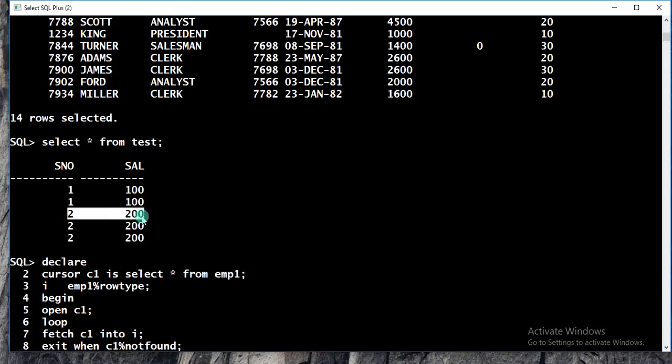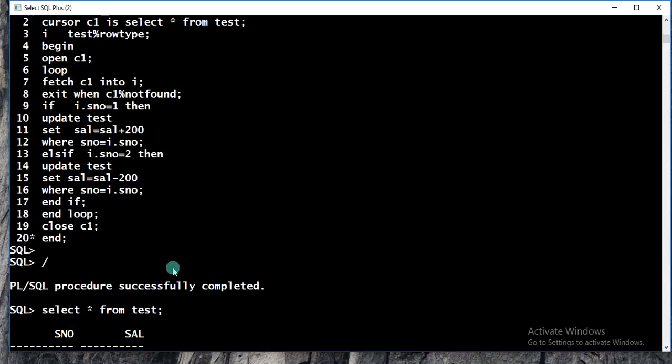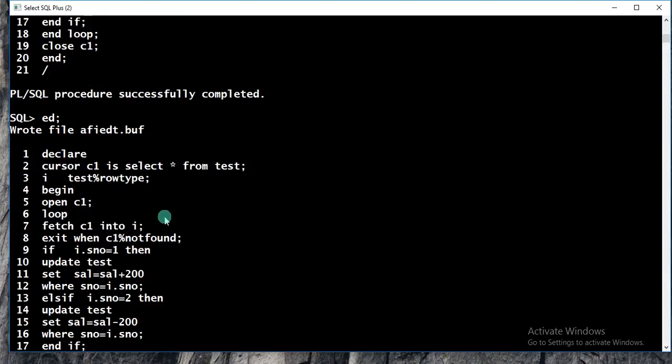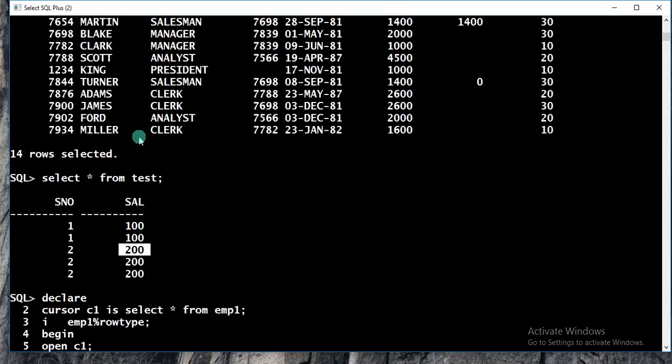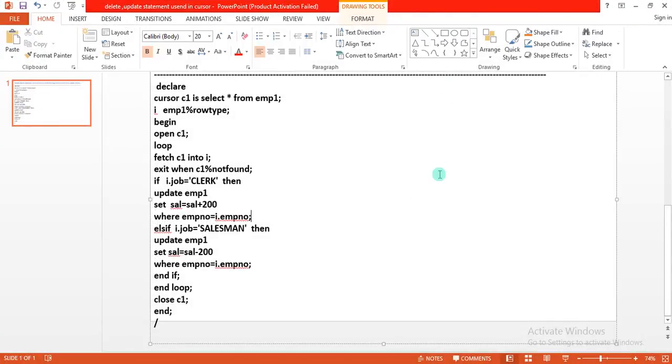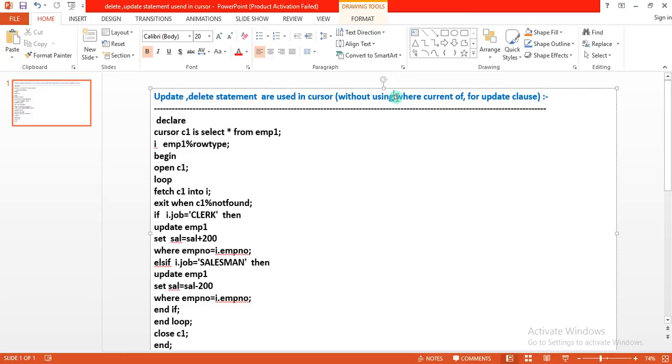Here 200 minus, so many times, so minus 400 is displayed. So however many duplicates there are on the base table, that many times it is affected, without using FOR UPDATE and WHERE CURRENT OF clause. This problem will happen without using them.